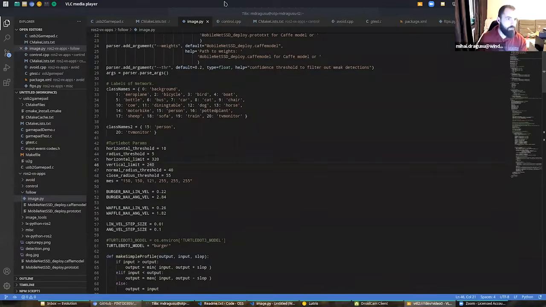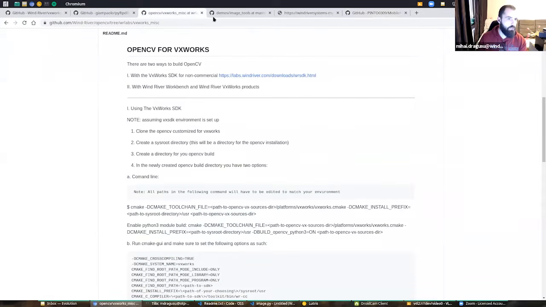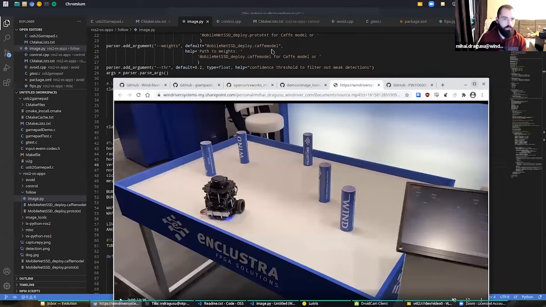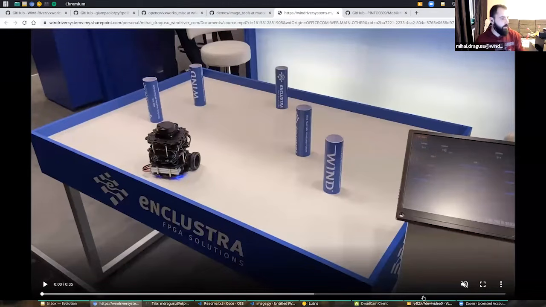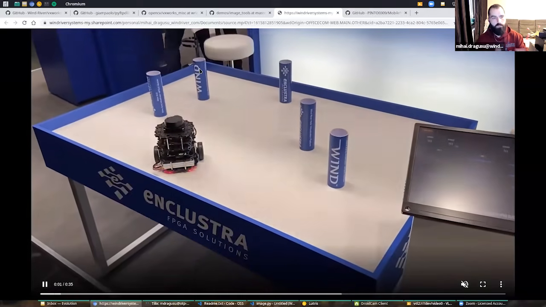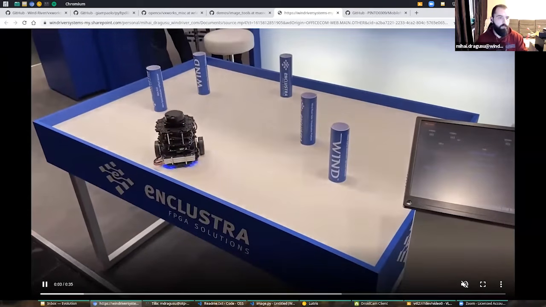What I want to do is basically reproduce a setup that we did last year for Embedded World, and it was this thing. As you probably saw already, and we'll see, my robot is very tethered. I have a lot of cables going into it, but it can also be very wireless with a proper setup. And what we had it do in this demo, it was supposed to walk around this table and not hit